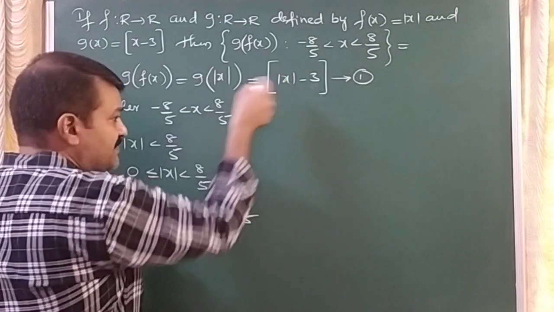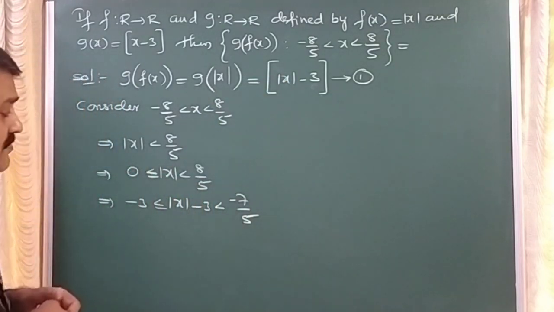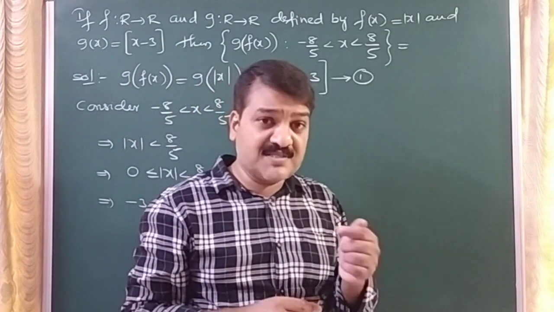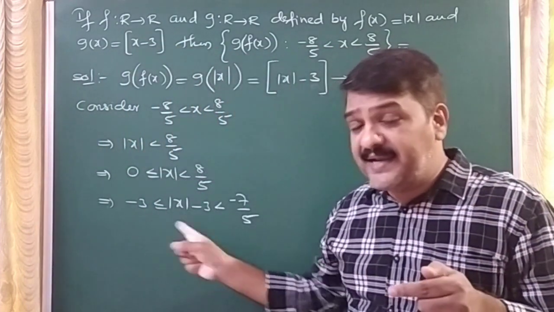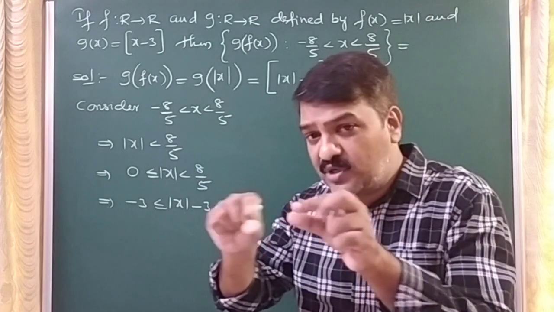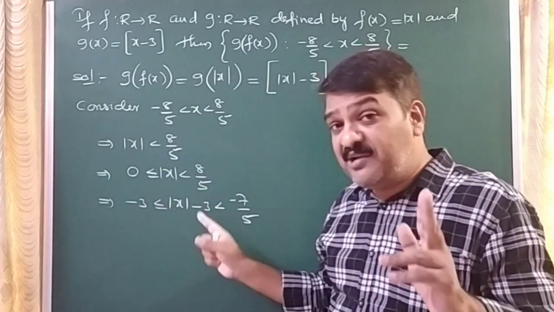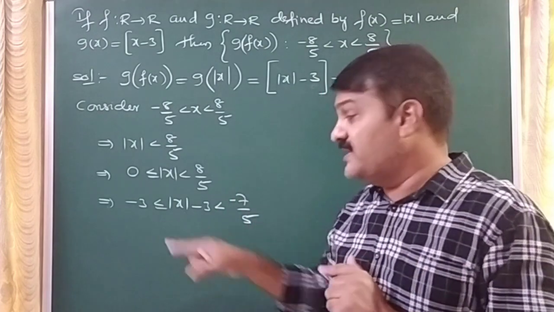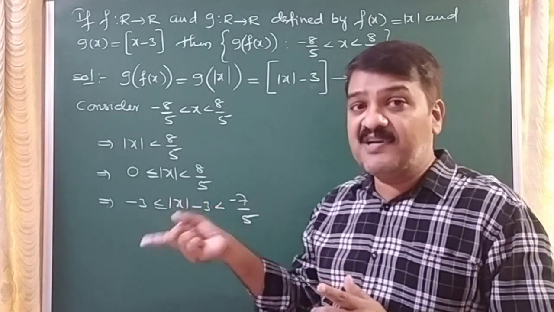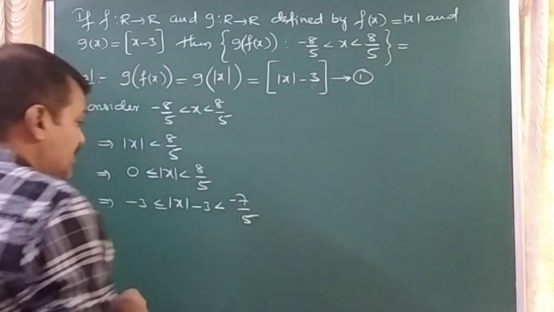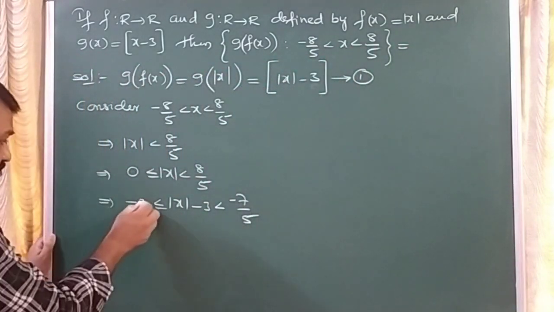We want the step of this mod x minus 3. So what we have to do is look for the step between any two integers. We will not take the total interval randomly. We will take the interval between two integers in this particular interval. We will try to find the step value between any two integers. Therefore what I will do is